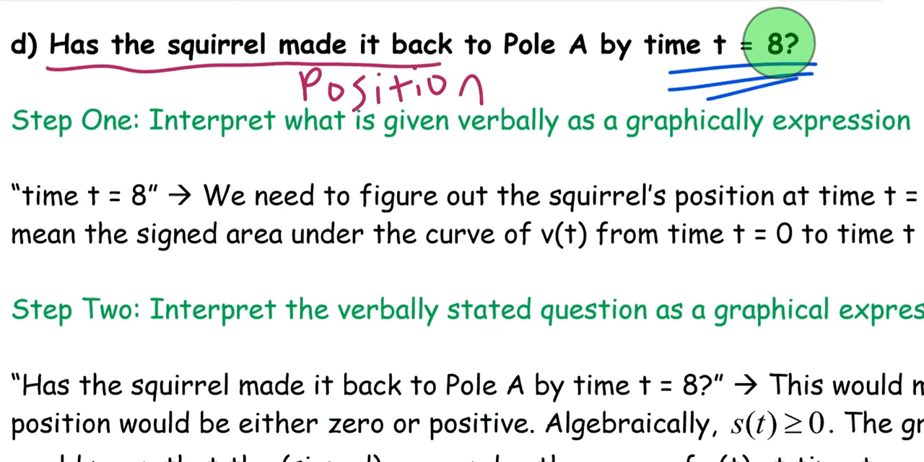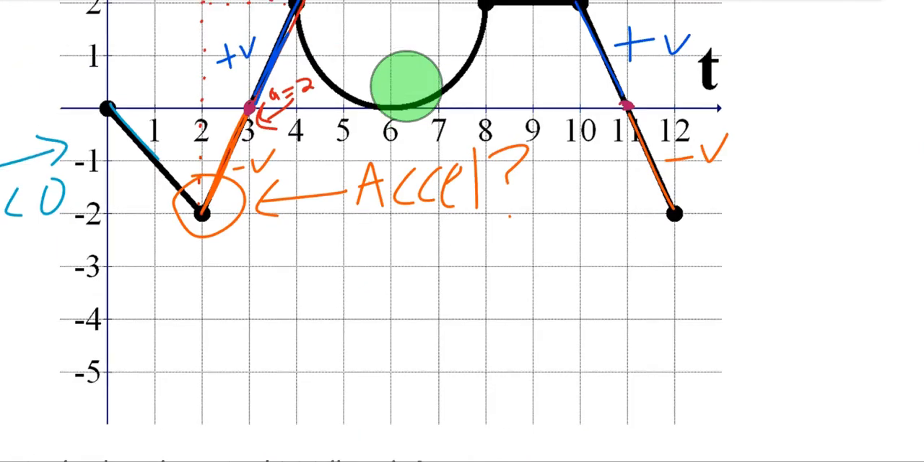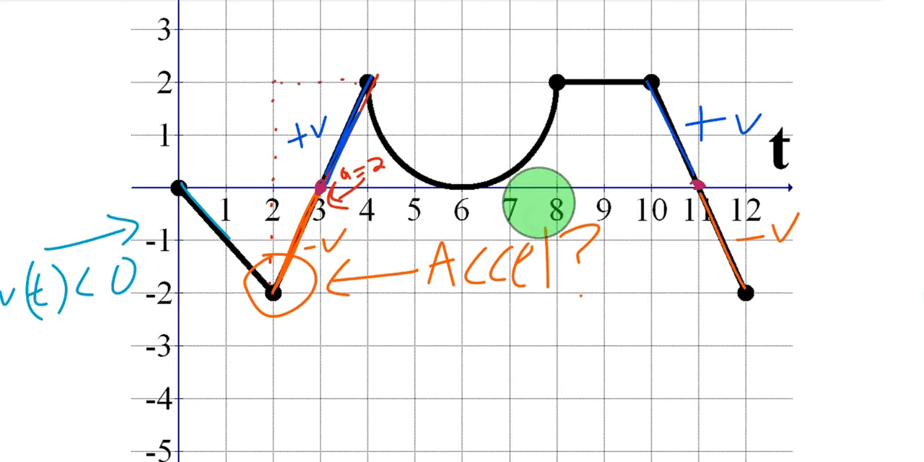Well, remember, the graph gave us velocity, and we need to figure out position. So what does that tell you? It means we're going to have to find the area, right? Because if you're going from velocity to position, you're moving backwards. You have to find the area under the curve. So what we want to know is at time t equals 8, has the squirrel made it back to its